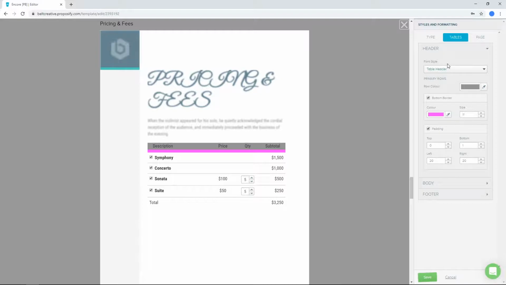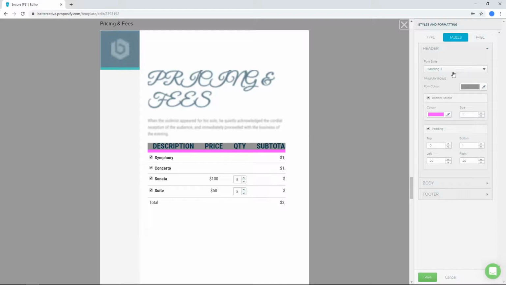And then once again, I've passed over the very first option we have, which is called font style. And this is the default font style that Proposify will use when you put your cursor inside of a header row and just start typing. So right now it's set to table header, which makes sense, but we could set this to anything we wanted, such as quote, and you'll see that it alters that a little, or even something more outrageous like a heading 3. And you'll see it's